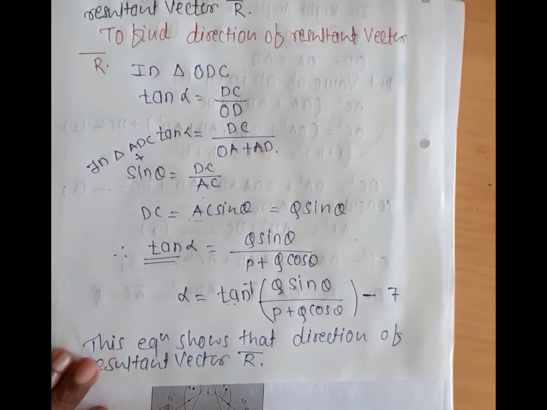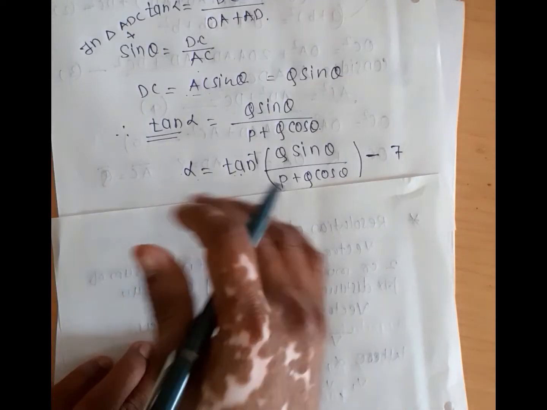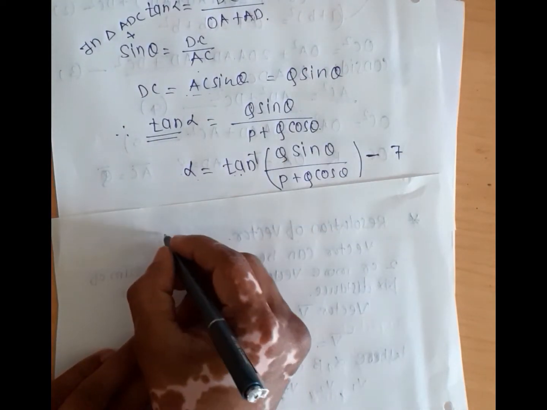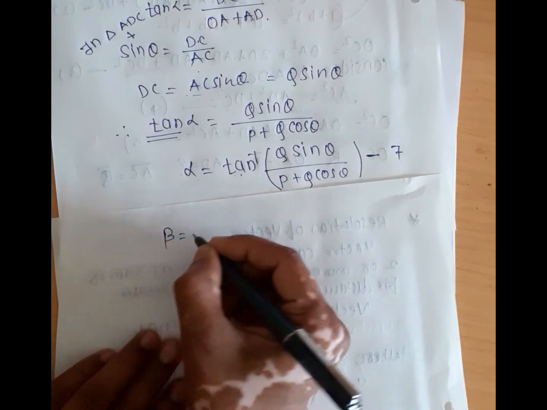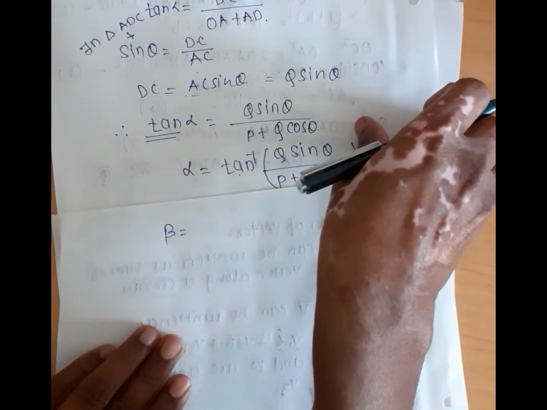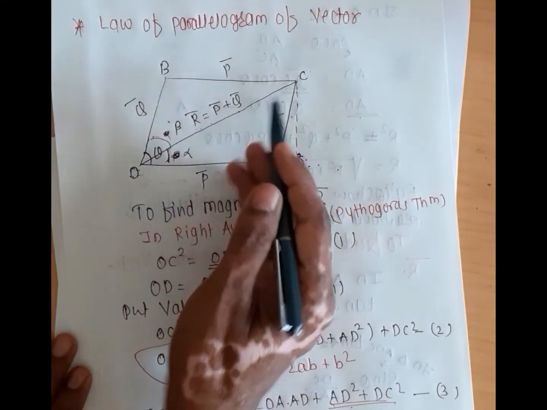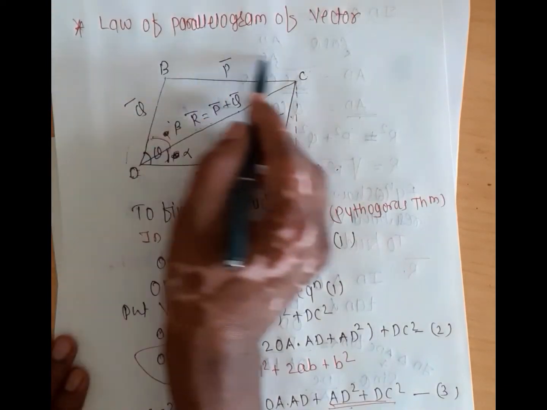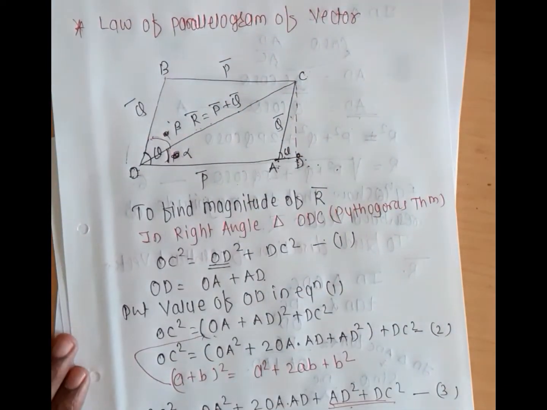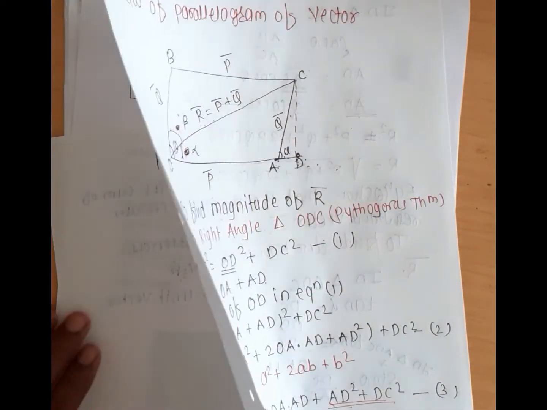So how to find the value of beta? Let us see. This is the value of alpha, and beta is the same, but the vice versa technique is used here, because according to our diagram, see this diagram clearly, here is beta and the direction is opposite. If you consider the total triangle, then we find the value of beta.